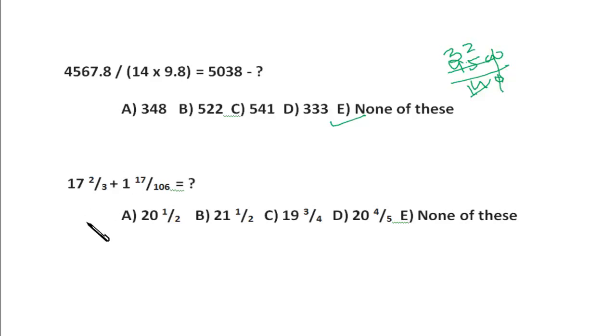Similarly, in this case, in my session on fractions where I discussed how to add fractions, I clearly told you to break the fraction. This is 17 and 1, that is 18, right? This is 2 by 3. So 18 we have already got. This is 2 by 3 and approximately it is 17 sixes are 102, so approximately it is 1 by 6. Now it's 1 by 6 and 2 by 3, so I take it as 4 by 6. 4 by 6 plus 1 by 6 is 5 by 6. So in all we are getting 18 and 5 by 6, right? That is a bit less than 19, but we don't have any option a bit less than 19. So it's clearly none of these.